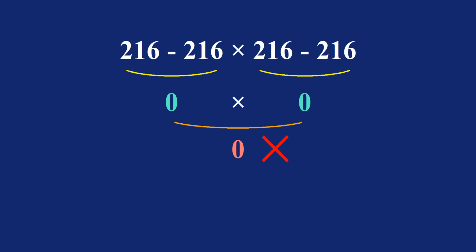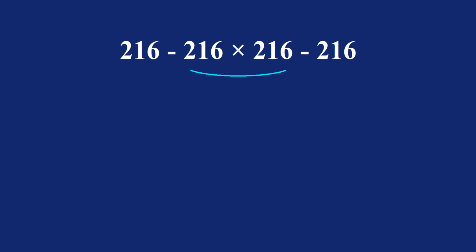But this answer is not correct, because according to the order of operations, we must do the multiplication and division, then do adding and subtraction. So first we do this multiplication, then this subtraction, and at last this subtraction. So we have first this multiplication,